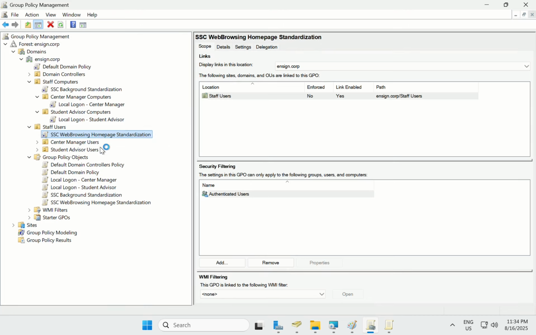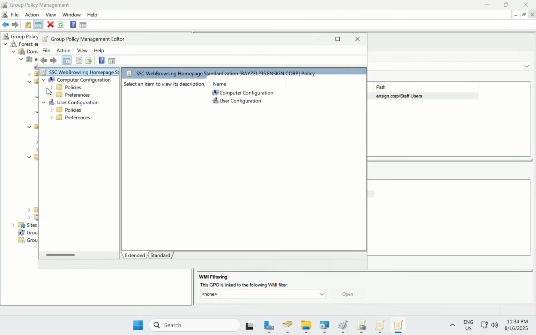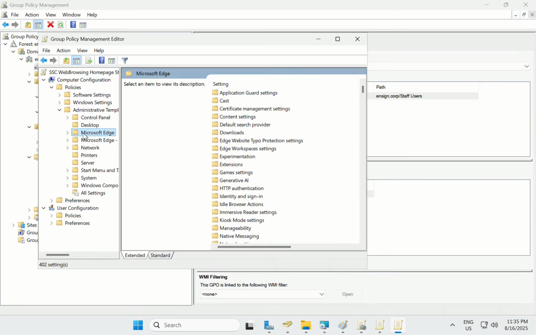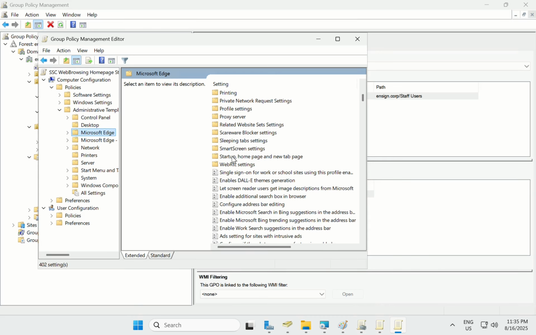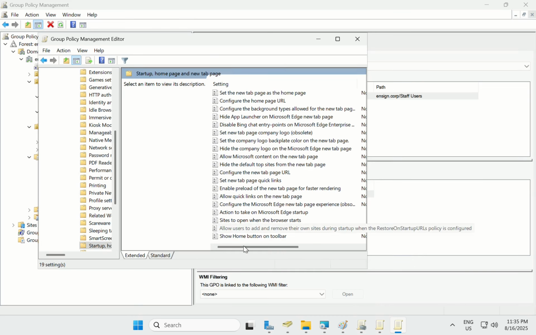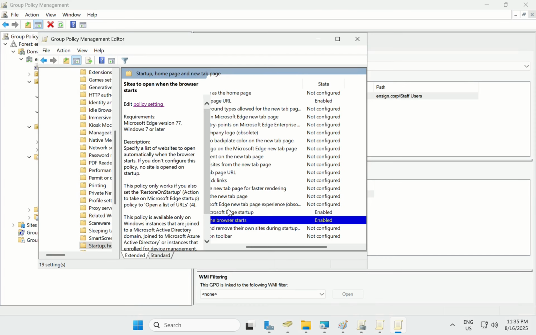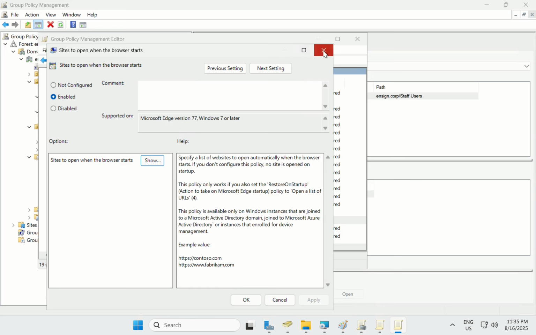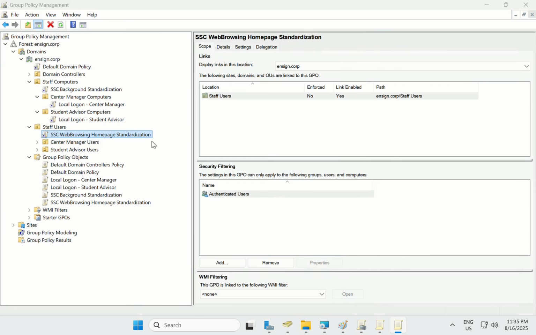If we go here back to the policy, if we go to computer configuration, we did it to ensure that it would be enforced. Microsoft Edge, and we can see here that the browser is going to start. We apply it to this computer configuration. So it worked, and if we go to staff computers,